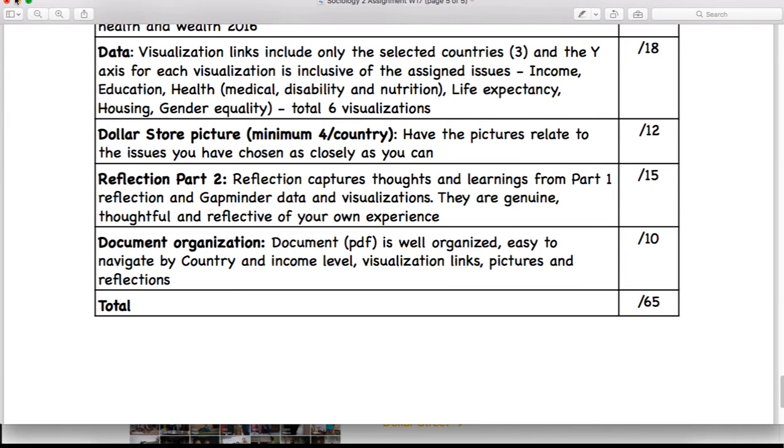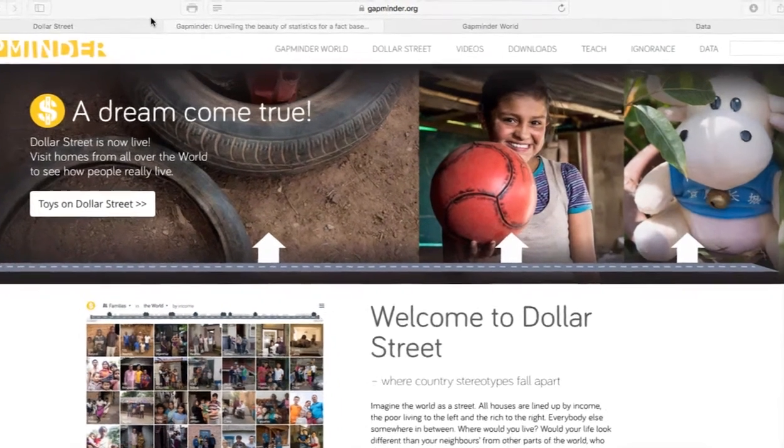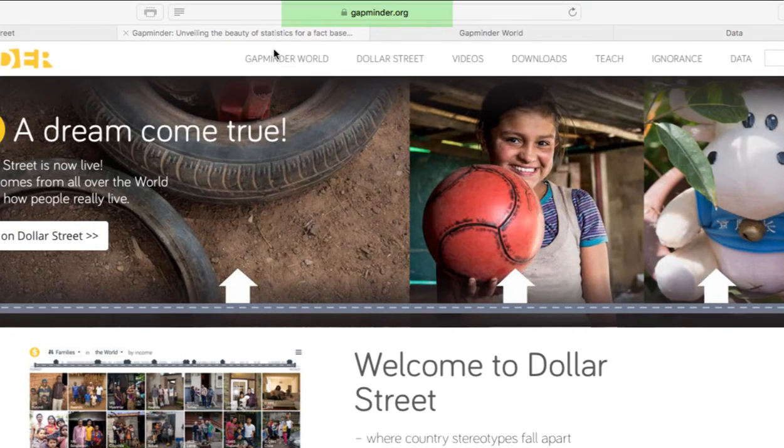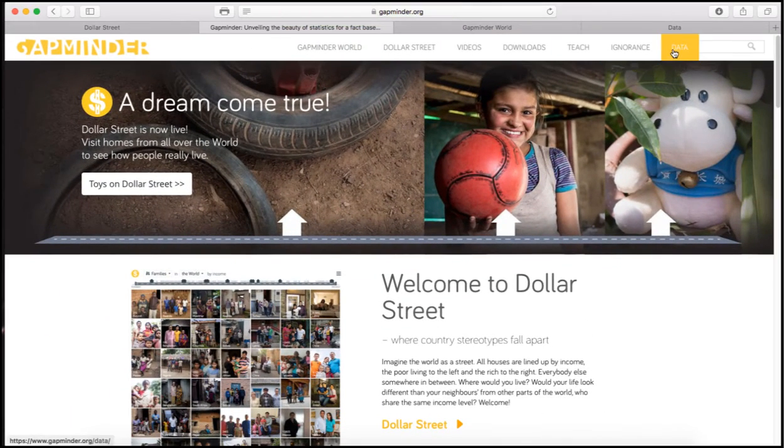Oh, maybe it's already there. There we go. Okay, we're on the Gapminder website now. That's it there. Now the three places you're going to go are Data, Dollar Street, and Gapminder World. Okay, so now you've gone to that first